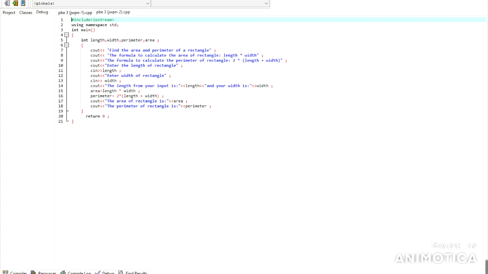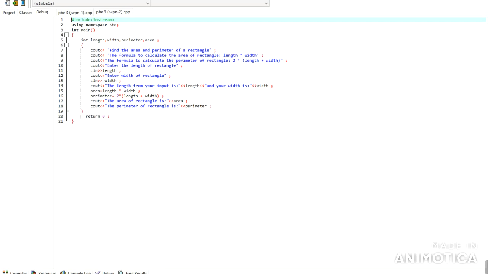Okay, to provide an instruction, I will begin with a hashtag followed by a preprocessor directive, which is include, similar to the previous question, and then the header file, which is iostream. Below it I use using namespace std with a semicolon, as I want the instruction to be executable. As we go through the question, as I read earlier,